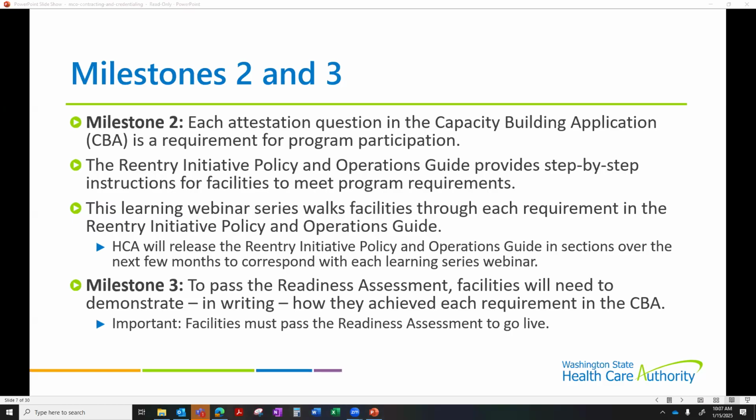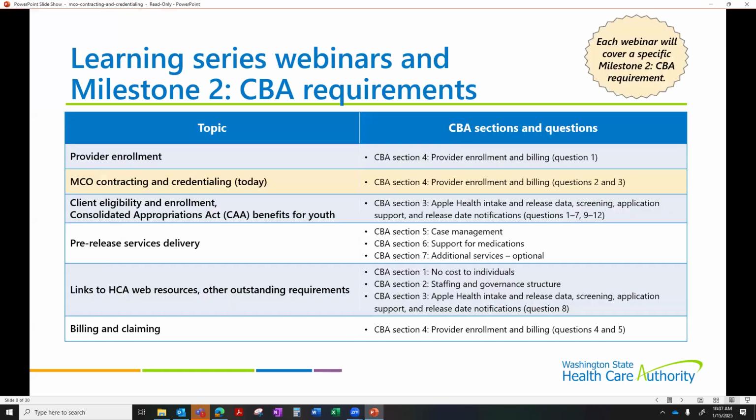All right, thank you to everybody. I'm sorry we had a snafu with the Teams link, so I think we might have new folks here. If you haven't missed anything, we're just going through that same overview of what milestone 2 is and what milestone 3 is. Let's move on to the next slide, please.